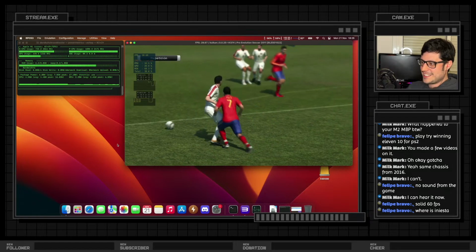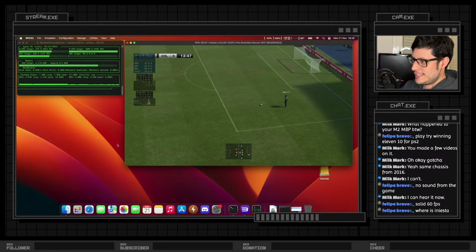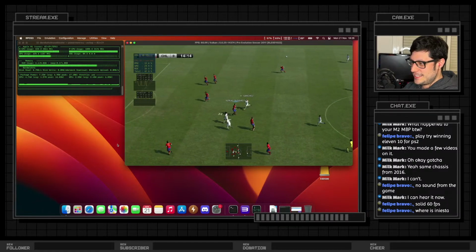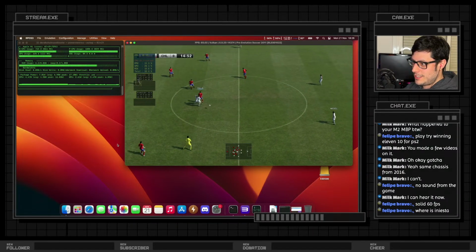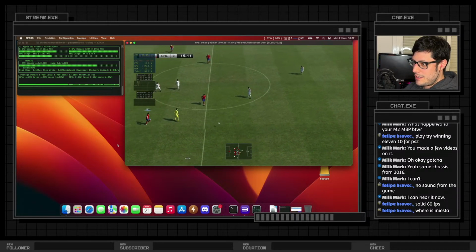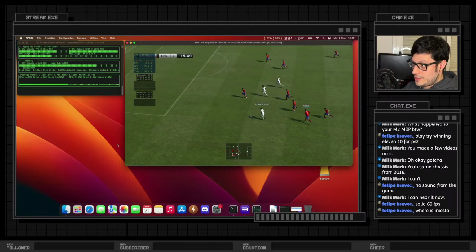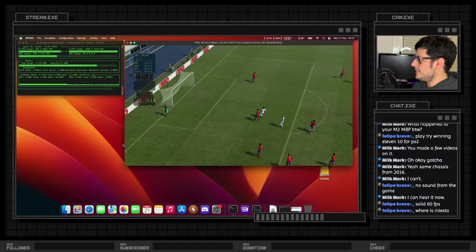Offside, right? Probably. Hey, that's you, Bravo, Felipe Bravo. So yeah, this game is perfectly playable on the PlayStation 3 emulator for the M1 Mac. I'm not sure if we will throttle, but